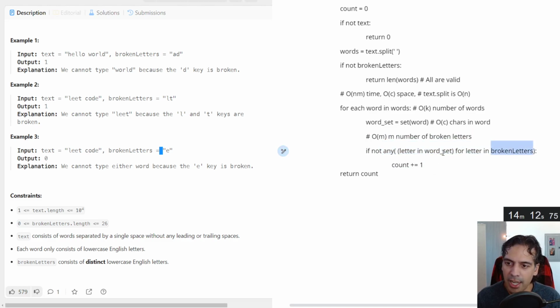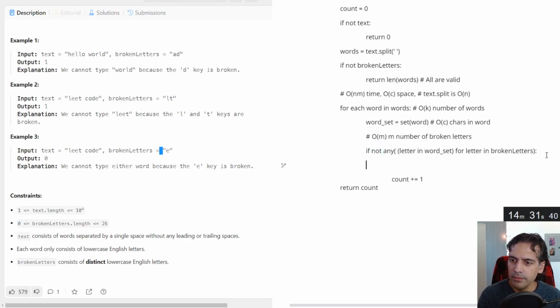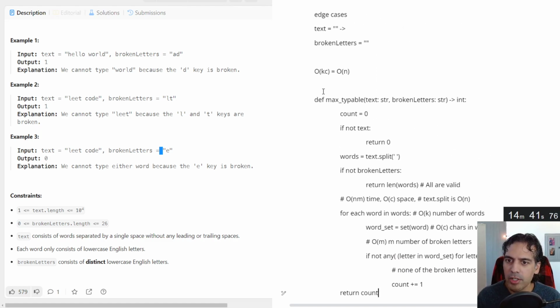And it'll still end up checking everything, so it's not really faster, but it's just a little bit clearer visually for me to understand. I'm just checking if the broken letter's in the word, and if any of them's true, then we failed. And we do the not of that. And that way we're allowed to increment the count. And then finally we return the count.